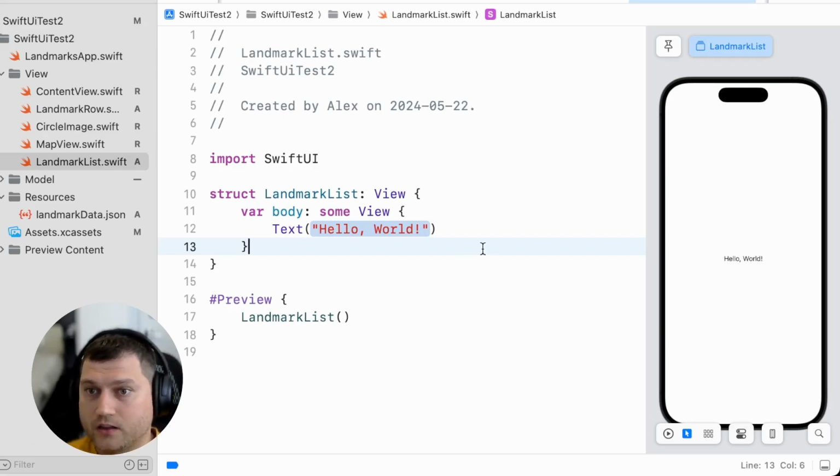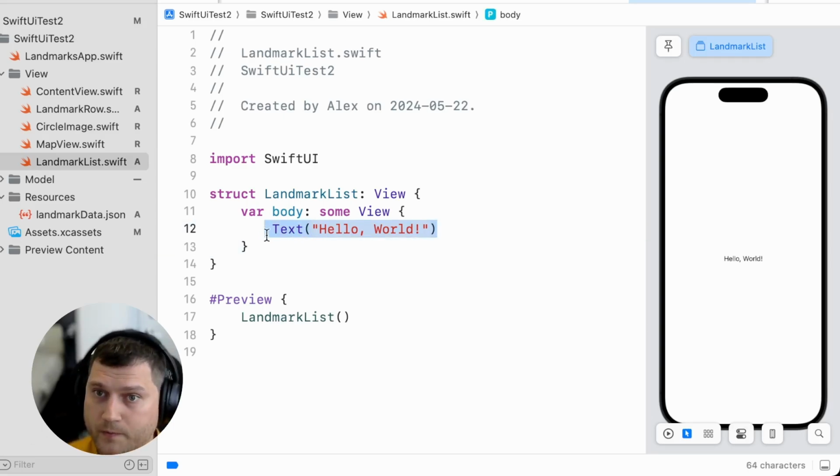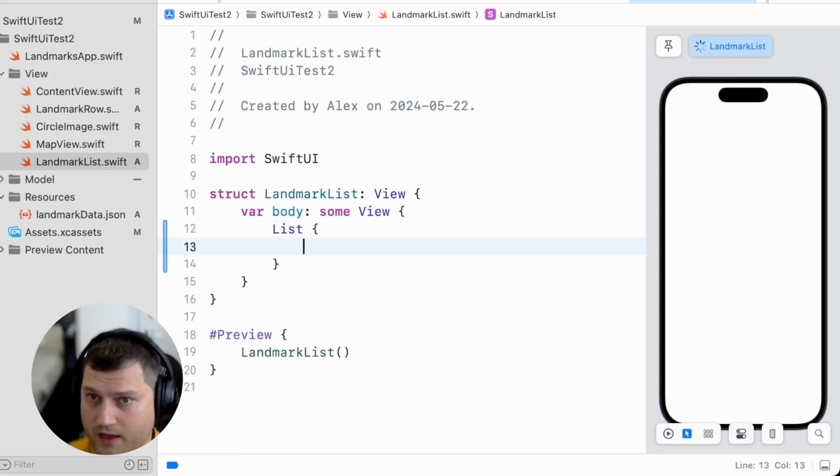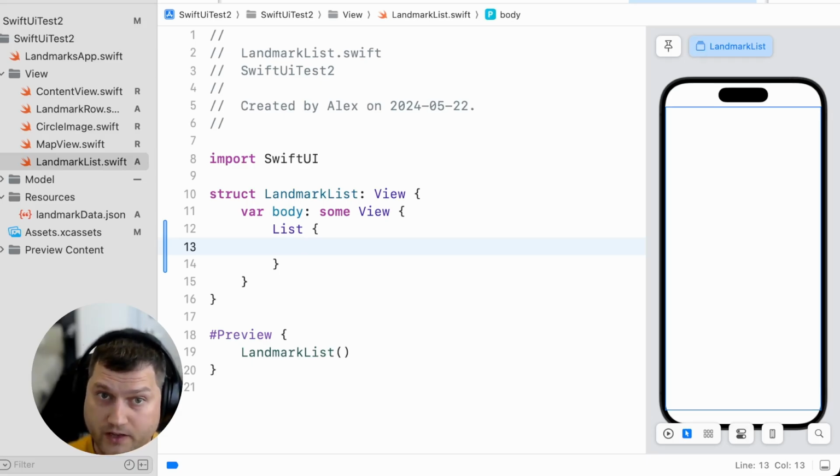So we're going to create a list instead of a table view. And as we remember before, the landmark row is not a table view cell anymore. For those of you who haven't ever heard these words, don't mind. For those who are like myself, who have never coded in SwiftUI, people over 30, I guess,